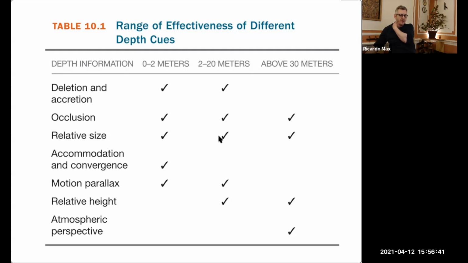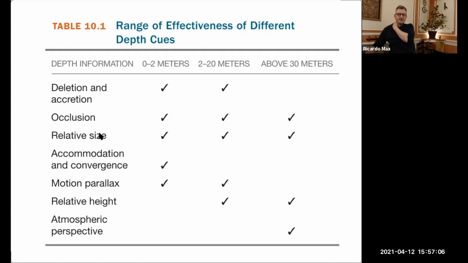Relative size, we use it a lot, as we said. Oculomotor internal information is mostly used for close by objects. Relative height is for far away, and obviously atmospheric perspective is for very far away.